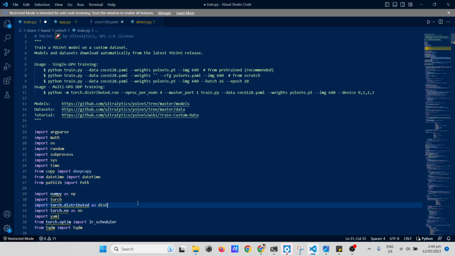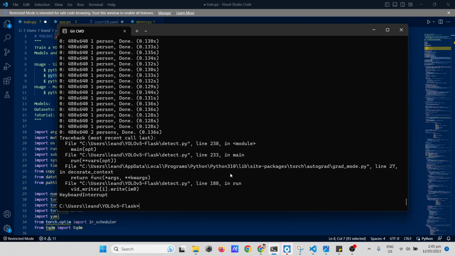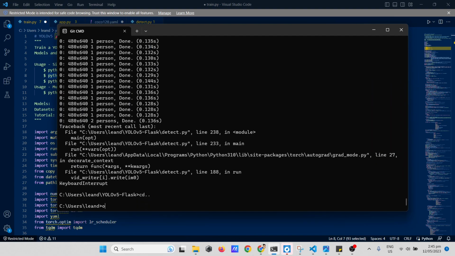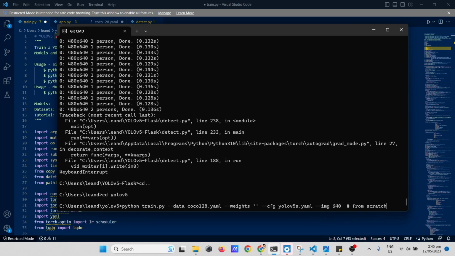So once we open it, there are different instructions on how to use the train.py. So all we need to do is copy this one depending on what you need. So if you are going from scratch, where you don't have a pre-trained classifier yet, you go here. So you just copy it and then you'll go to the cmd. So cd, open the folder of YOLO v5 and then paste it here. So these are the different